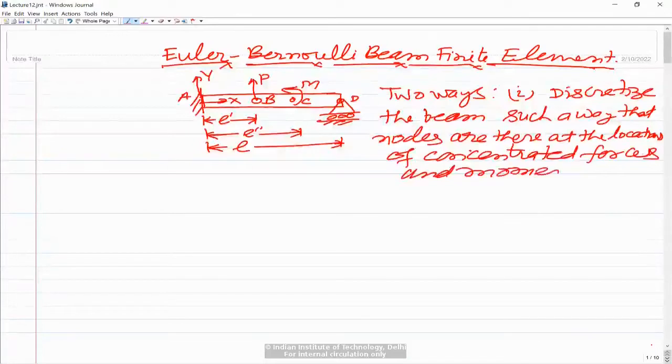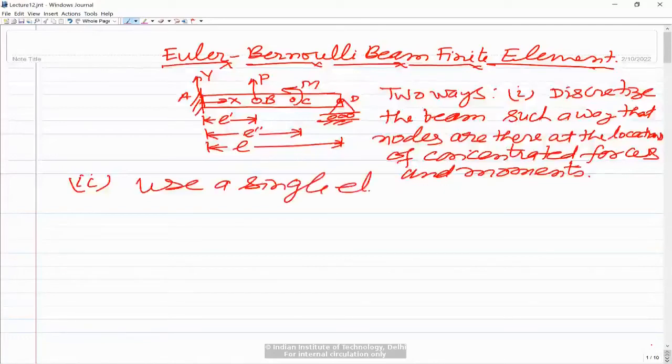Like for this example, I said you divide it into three elements so that you have nodes at these locations. And the second is, rather than discretizing into say three elements, use a single element. Although the number of elements ultimately depends on the convergence study, which one has to do, as an exercise I am telling you how to model this using a single element. Essentially, that is how to include concentrated forces and moments at any point in between the element. So use a single element and include